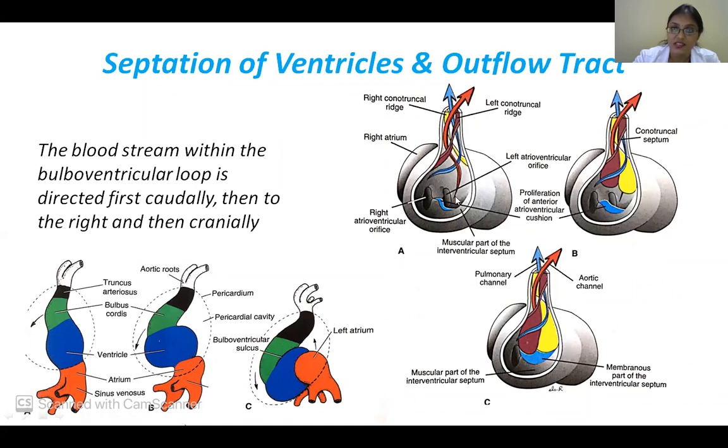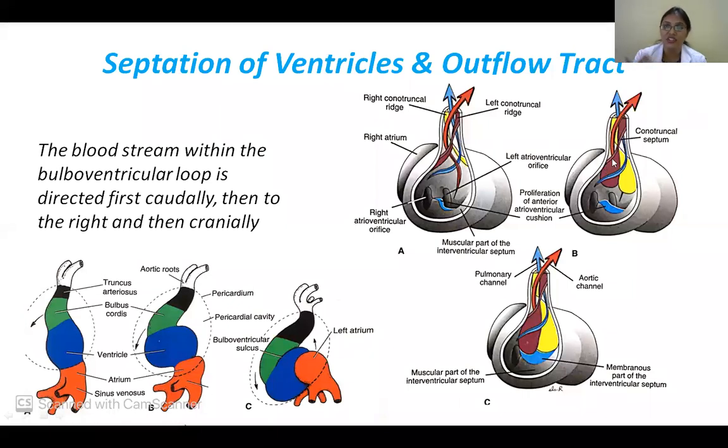Okay, so you can see the red color one is showing the blood from the left ventricle. The blue one is showing the blood from your right ventricle. So it's pushing and it's going back. Okay, this is going more dorsally, and then this will be more ventral here. You can see this is more ventral, and then this goes more dorsal. So because of that shaping, you get this septum formation.